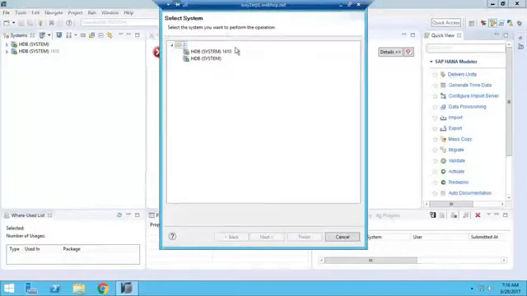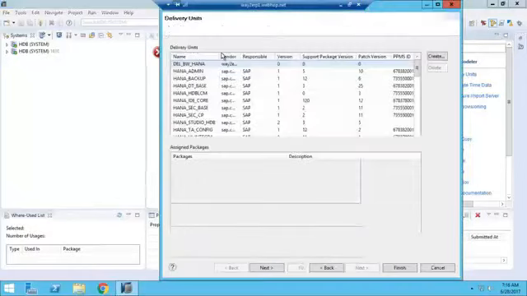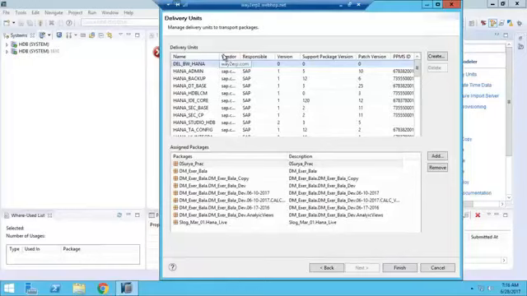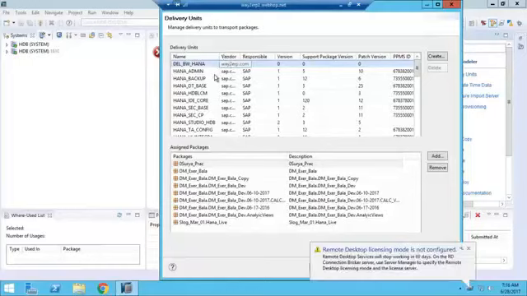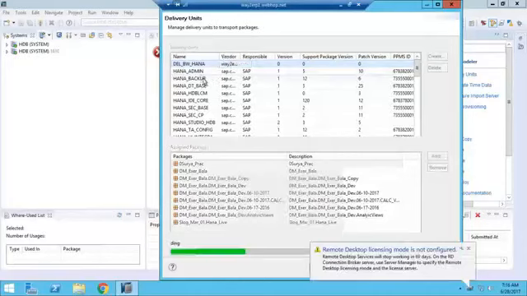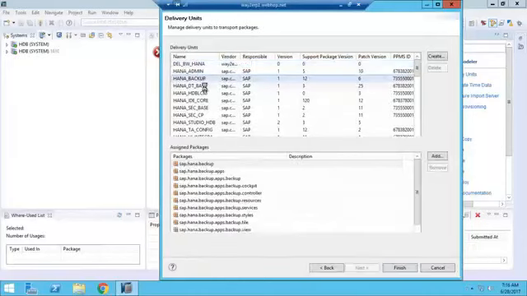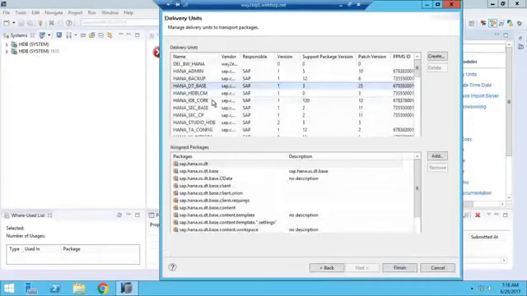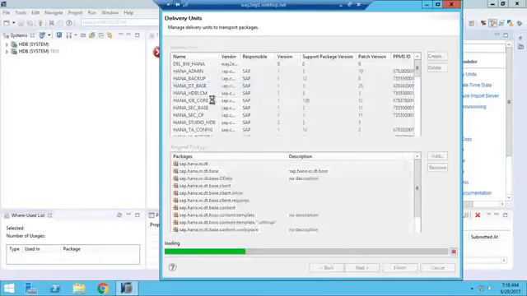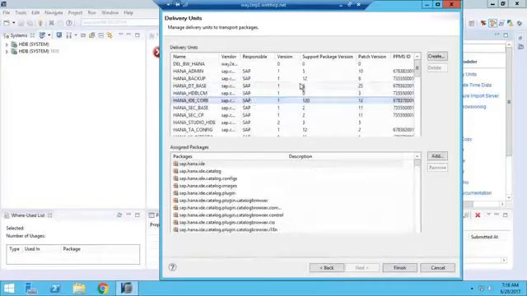If you click on delivery unit, I select the 1610 related delivery unit. So I am able to see it here. This is the delivery unit, and the attached packages are standard packages. For this delivery unit, some packages are assigned.